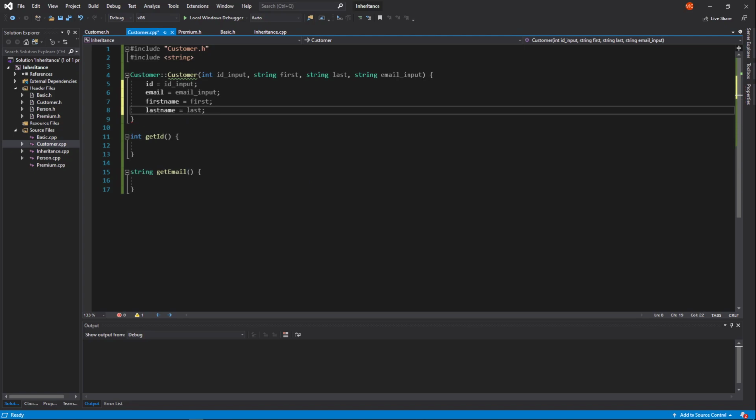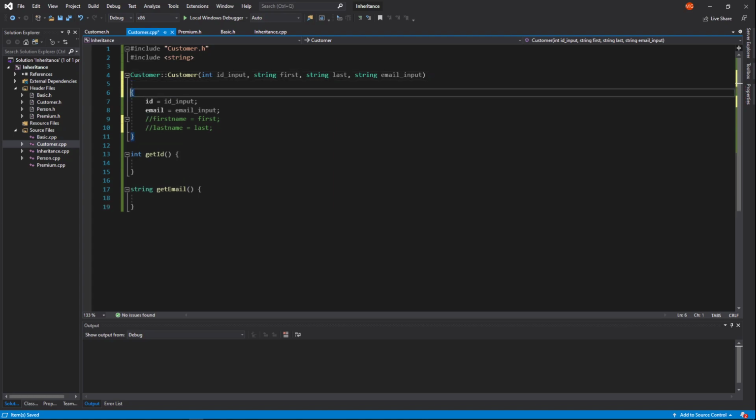But this is fine for this type of definition. However, if you had a lot of initialized things, this is duplicate code. It's only 2 lines, so that's not too bad, but the issue is, what if there's more? We don't want to do this. We don't want to duplicate this code. What we want to do, because the person class constructor already contains this code,